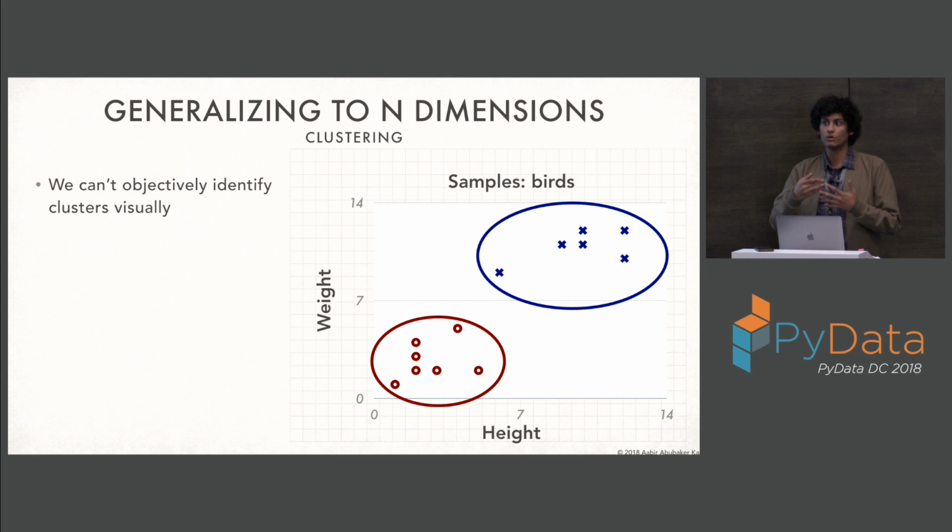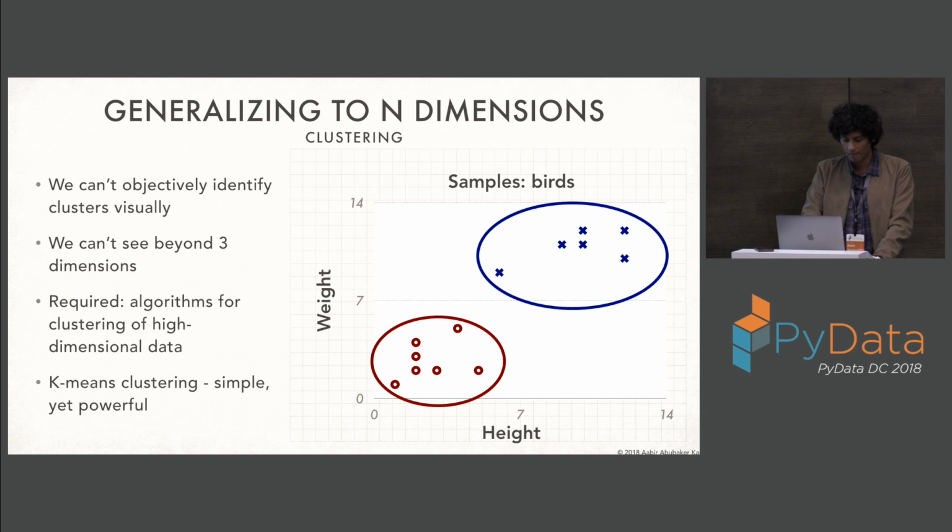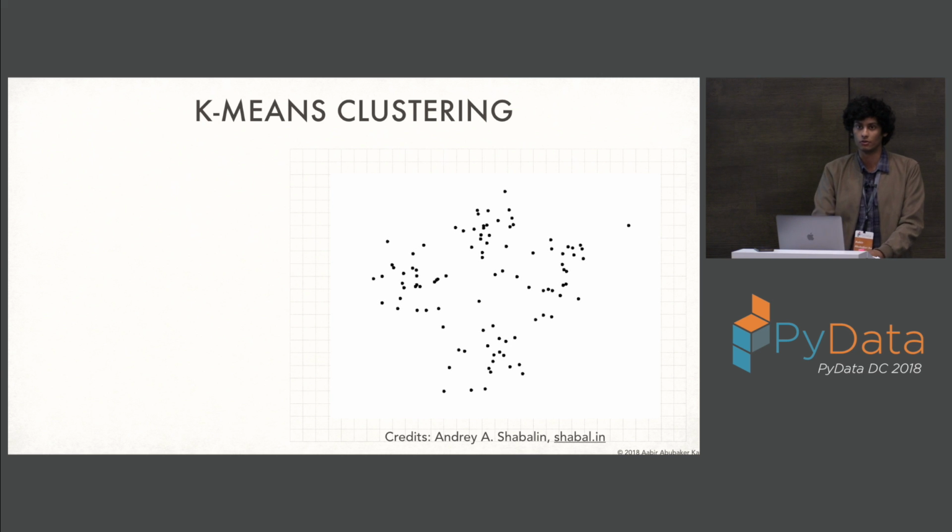But what about when you have high dimensional data and you can't actually plot points in this space? You would like to have some kind of objective metric, some kind of hardcore mathematically defined metric for putting these points together and saying, hey, these are closer and those are closer, and this is how we cluster them separately. That brings us to k-means clustering, which is a really simple and powerful way to do this.